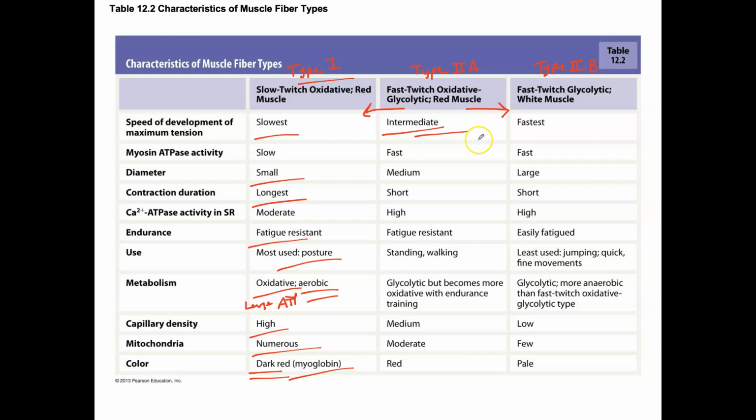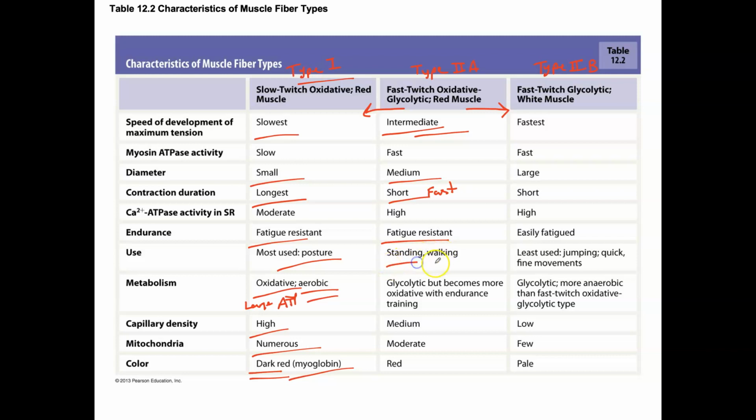They're going to be medium-sized or intermediate in diameter. Their contraction durations are going to be short, which is why they fall into the fast twitch variety. They are not as fatigue resistant as slow twitch, but they are better than the fast twitch. So there is some fatigue resistance, and so they are used in endurance types of activity and training, mostly used